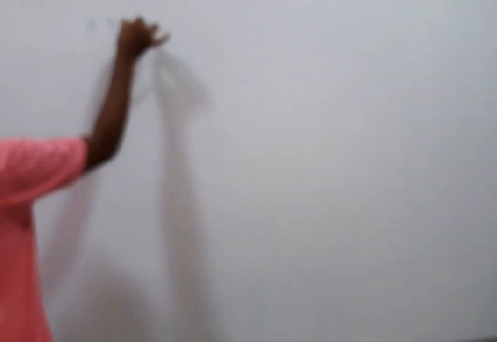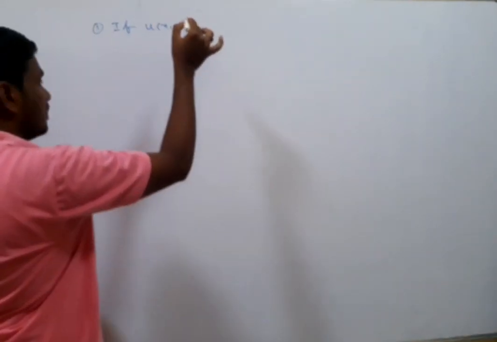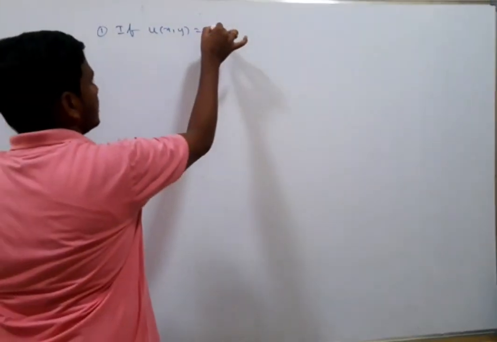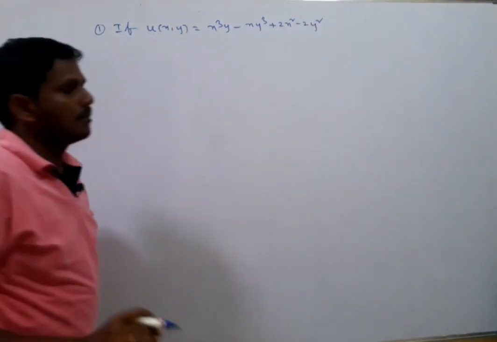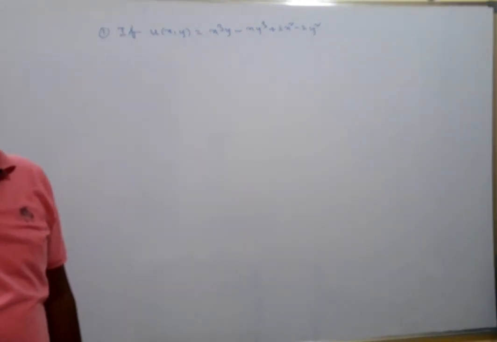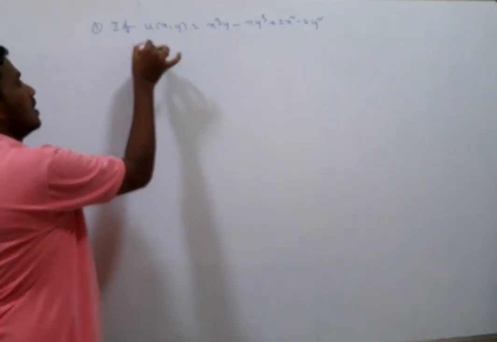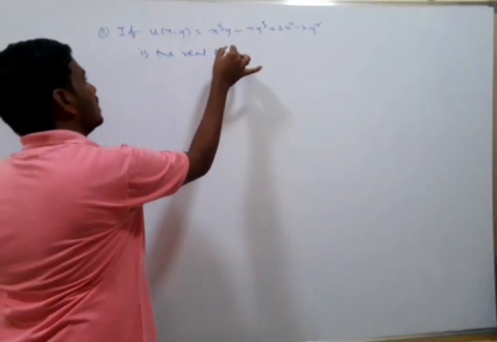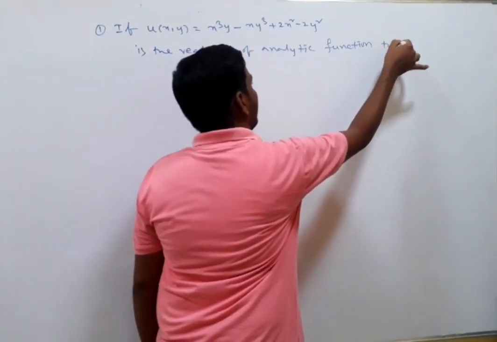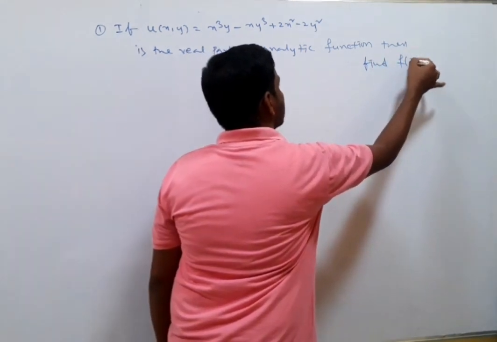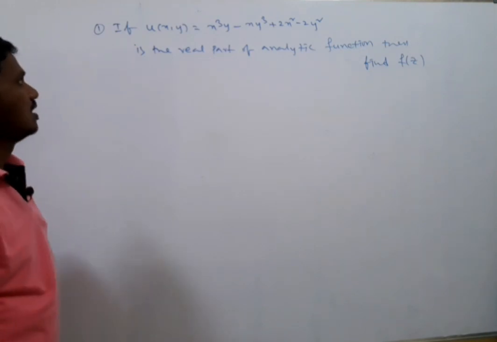If you take the problems on this, if u of x comma y is equal to x cube y minus x y cube plus 2x square minus 2y square is the real part of the analytic function, then find the corresponding analytic function f of z. In this case we go for a direct Milne-Thomson method, right? Solution. Now coming to the solution,